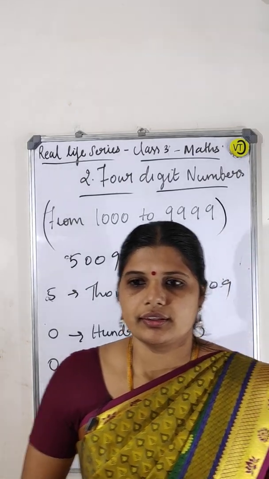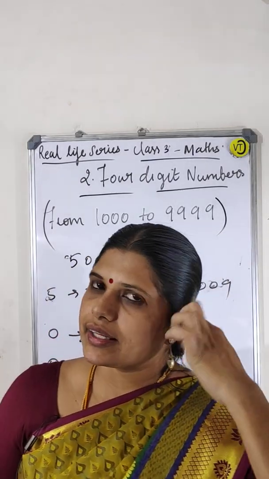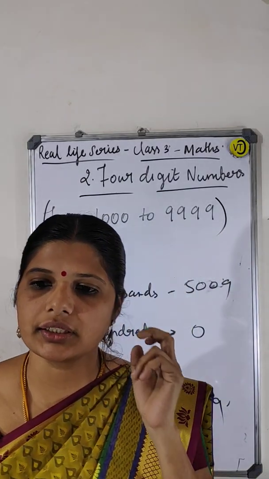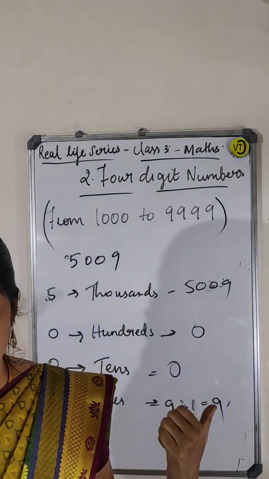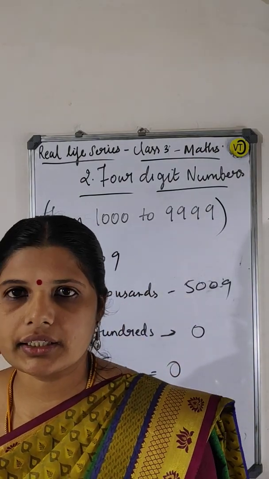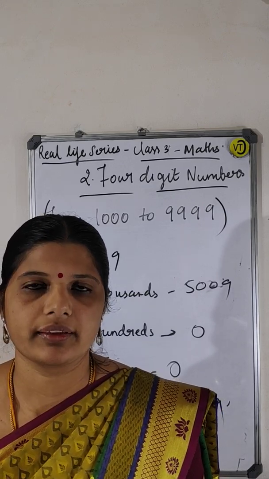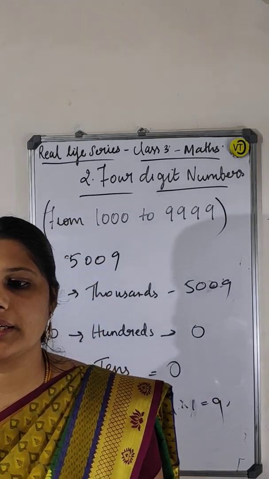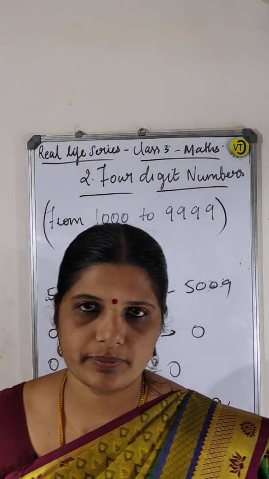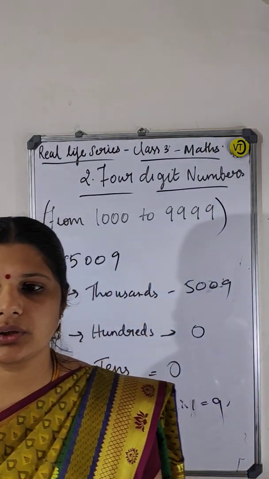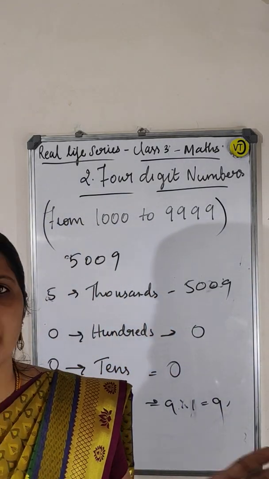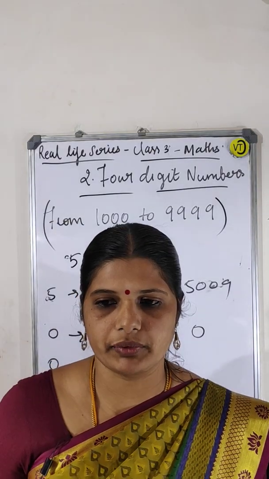So from the examples, what we have noticed is that if in a given number a digit occurs more than once, its place value differs according to the places the digit occupies in the numeral. The place value of 0 is 0 in whatever place it is given in the numeral.